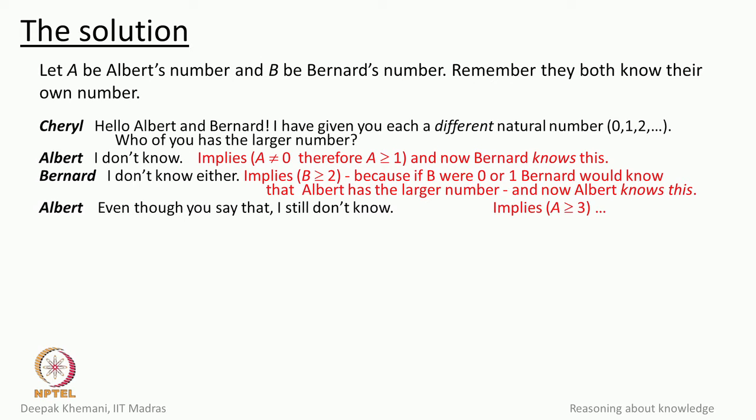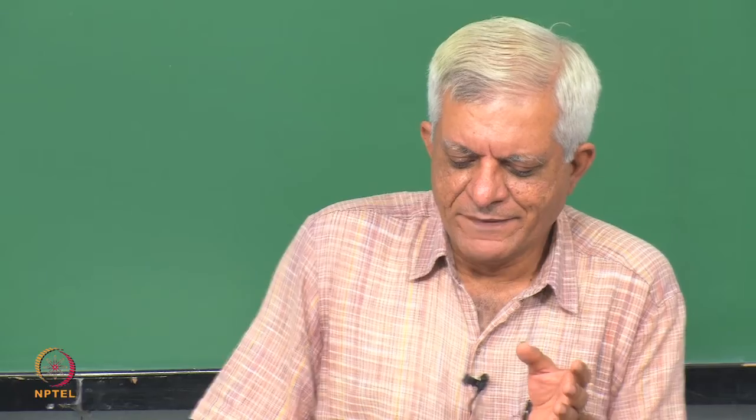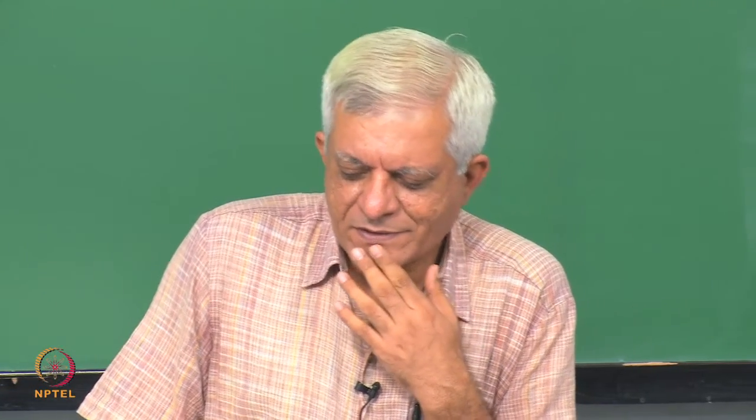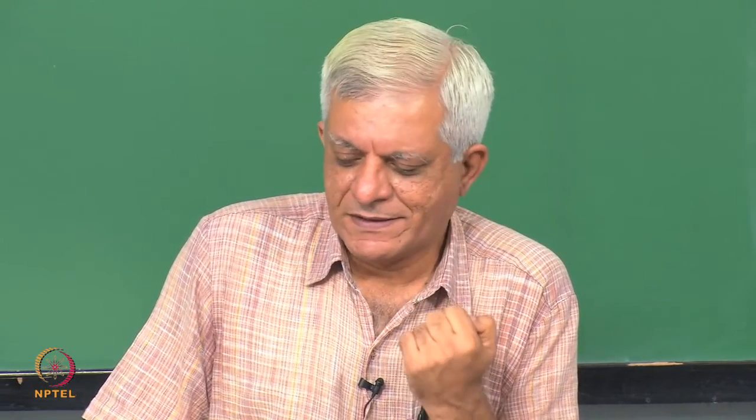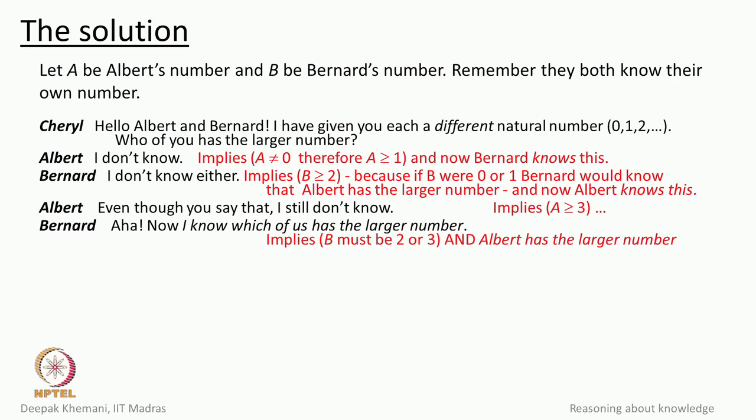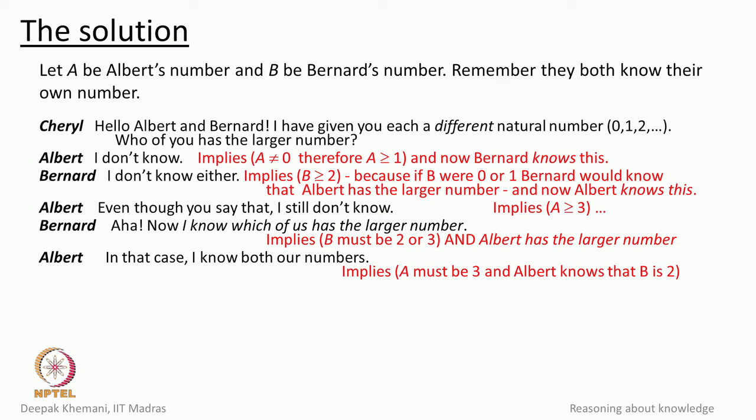Albert says even though you say that, I still do not know. Now, if you go through this process of reasoning you will see that it implies that his number is at least 3. At that point Bernard says I know which of us has a larger number, and this implies that B must be either 2 or 3, and also that Albert has a larger number. After that Albert says I know both the numbers. It basically means that A must be 3 and B must be 2,